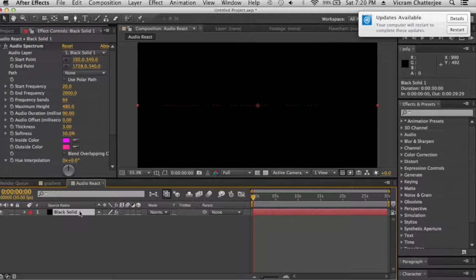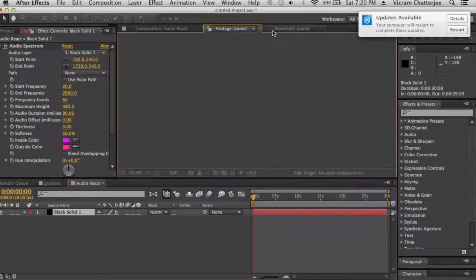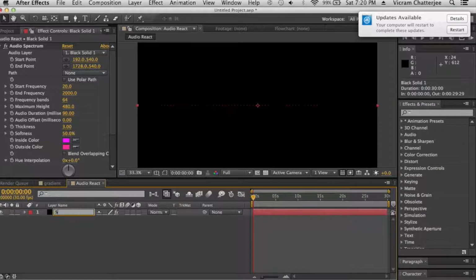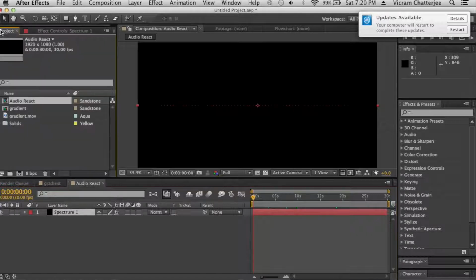Alright, so now you want to duplicate this layer. Actually, never mind, don't duplicate it. Here you have this, alright? So this is going to be called your Spectrum 1, so just rename it. Spectrum 1. And you have this sort of purplish line, alright? So to start off, you want to drag in